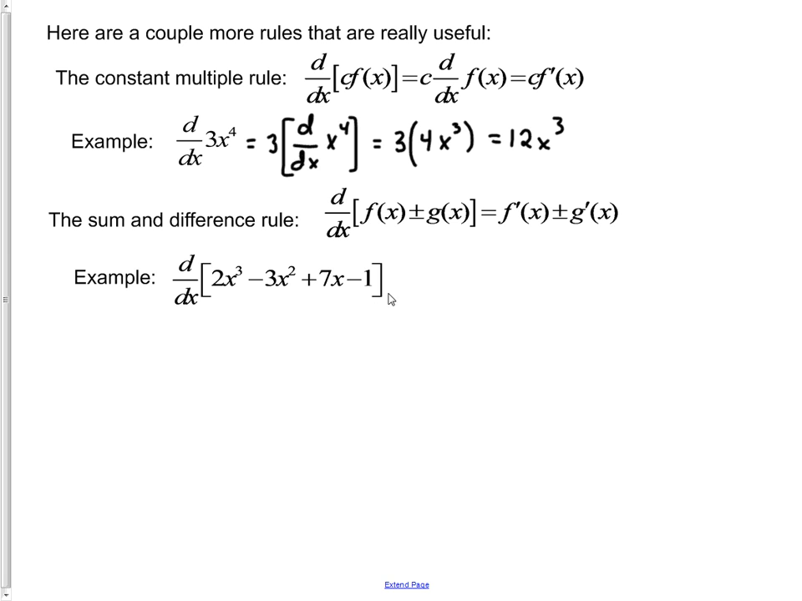Here's an example. I'm going to use my derivative rules to take the derivative of 2x cubed minus 3x squared plus 7x minus 1. The way I could do this, if I really want to detail out all of these rules, is to use my sum and difference rule to begin with. My sum and difference rule tells me that this is really the same thing as taking the derivative with respect to x of the quantity 2x cubed